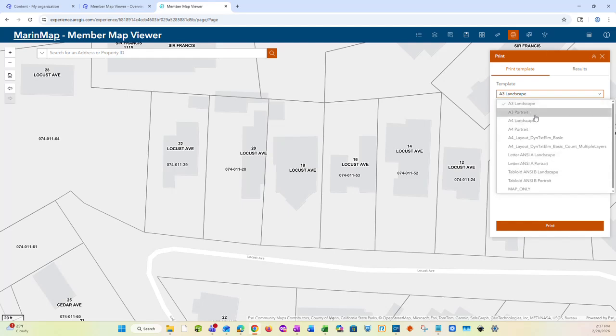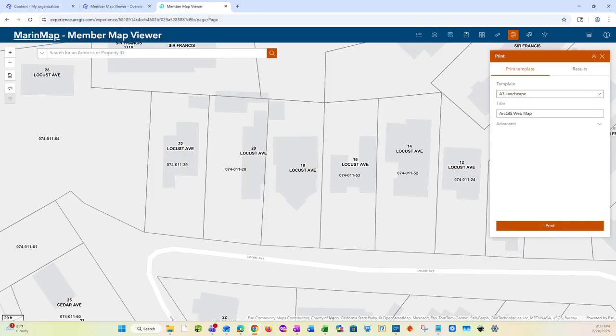And then we've got landscape and portrait, which is the layout of that printout. So landscape's going to be kind of that wide view, and portrait is going to be that north to south view. We'll keep that default at A3 landscape, and then change my title here to test print. And then I can either print that out and keep it super simple,